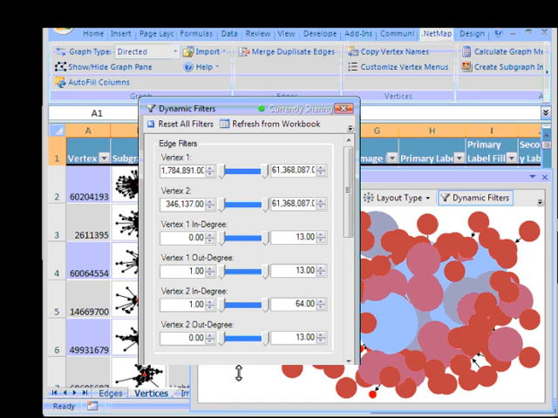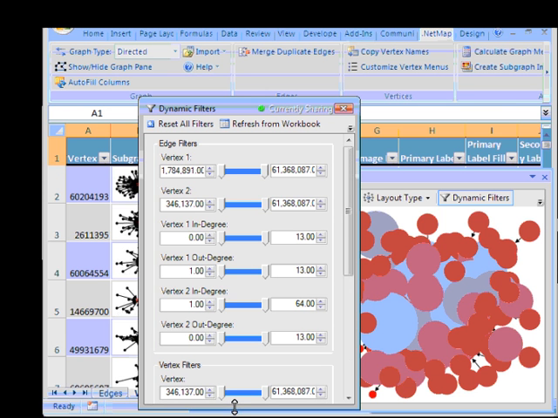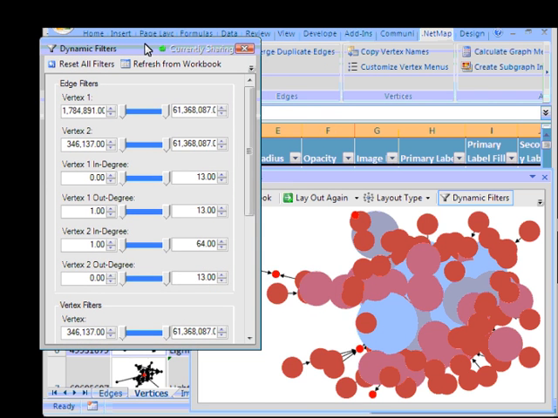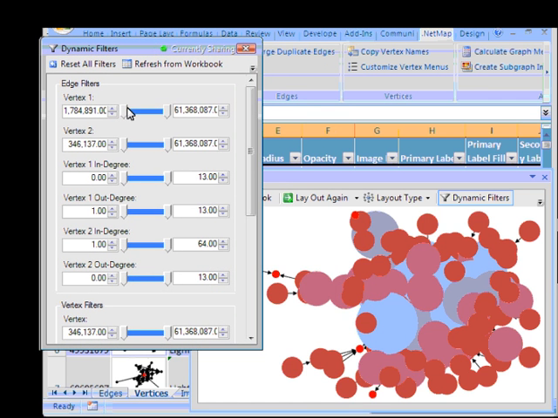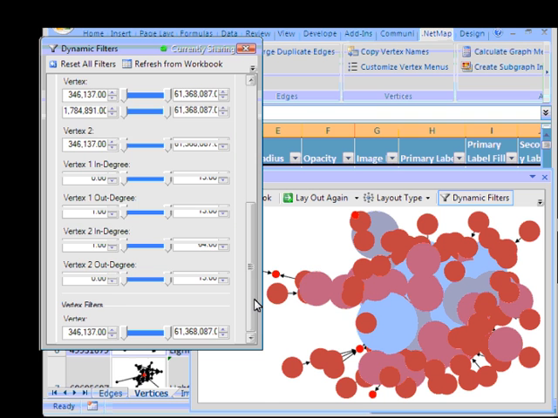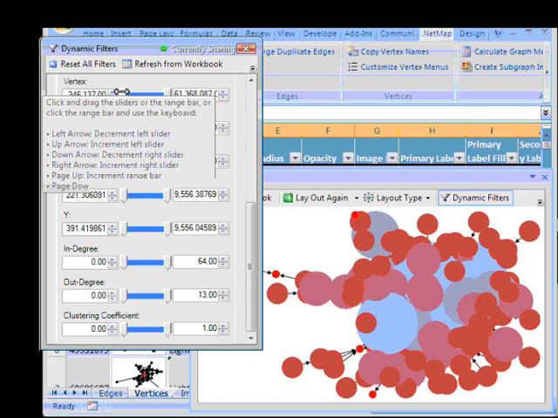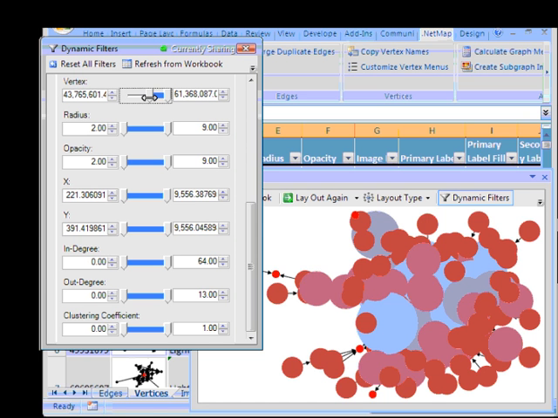And here, instead of doing it in batch for a graph as a whole and doing it from the spreadsheet, what I can now do is say, let's filter some edges and let's filter some vertices. Let's see what happens if we say, I want only the vertex that is strongly tied. And we will then see that some vertices have disappeared.